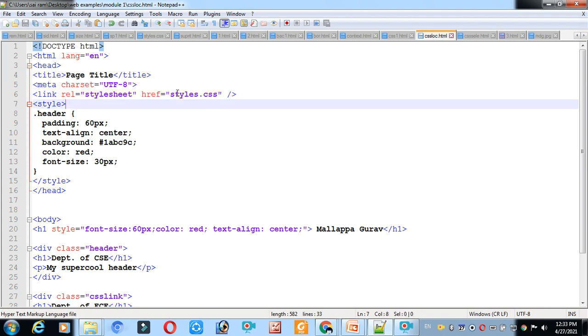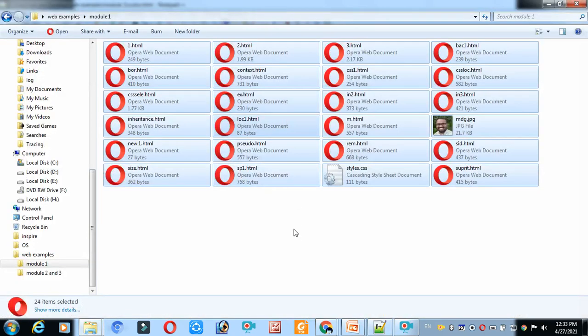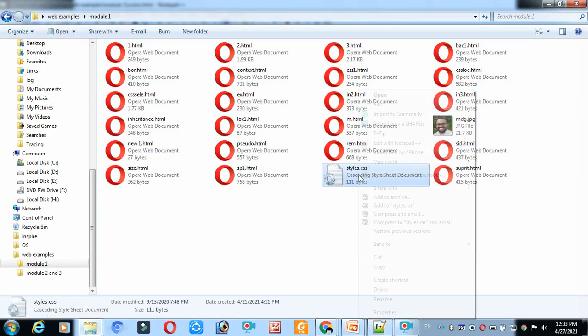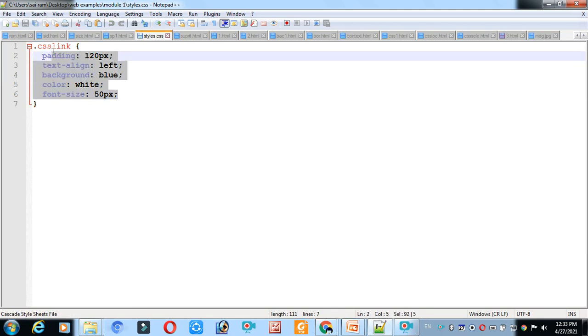Styles.css. That file you are referring to, and you are taking the CSS properties written in the style sheet. Where is the external file available? Here the external file is available, styles.css. Then if you edit this .css file linked here, you are applying all these properties.